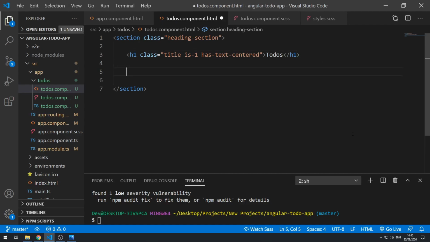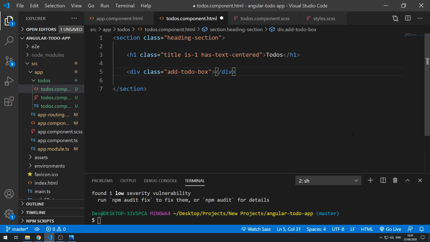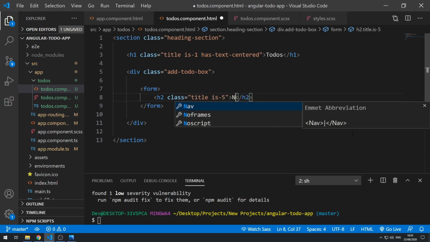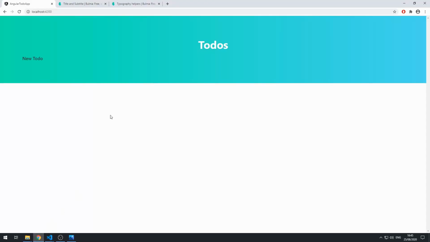Okay, and here let's create a div with class of add to-do box. And inside this div here, let's create a form. So let's create a form tag, and let's get rid of the action. Let's just have that form tag. And inside here, let's have h1 with the title. Actually, let's make this h2, and let's give the class of title is-5, and let's set this to new to do. Okay, and now if we go to our application, we can see that we have this new to